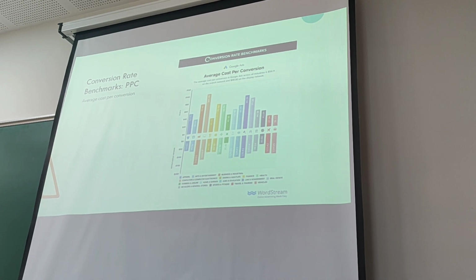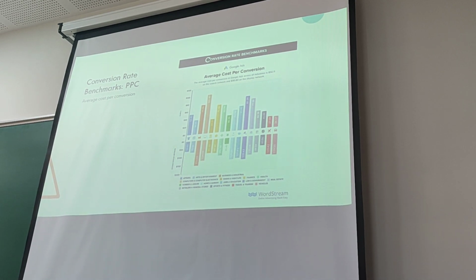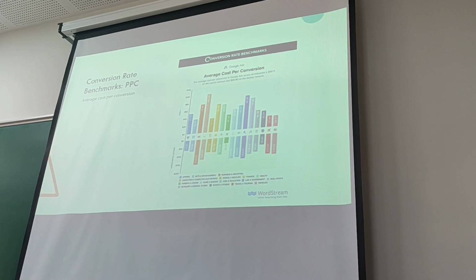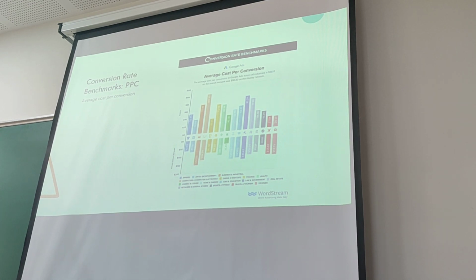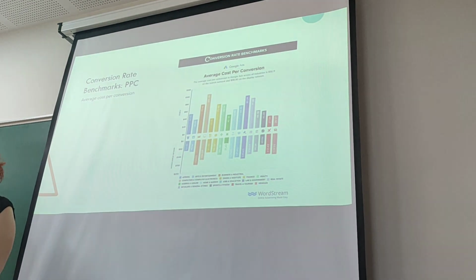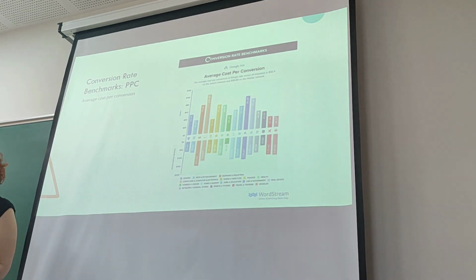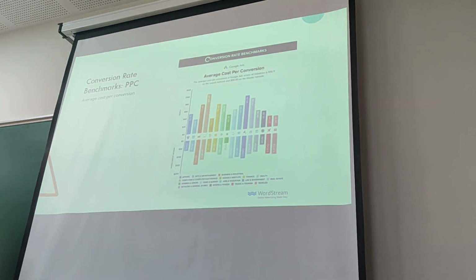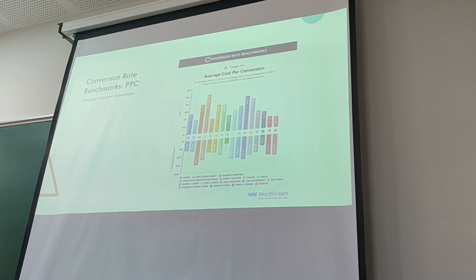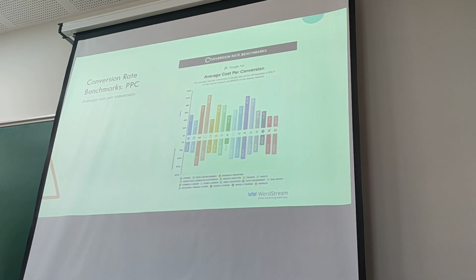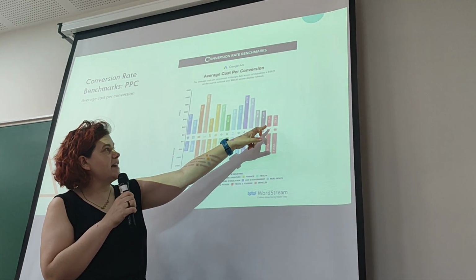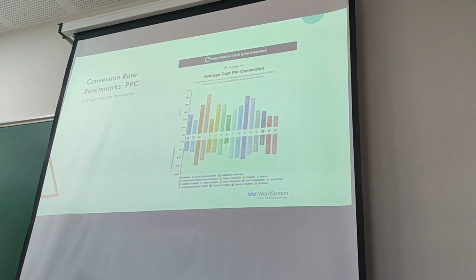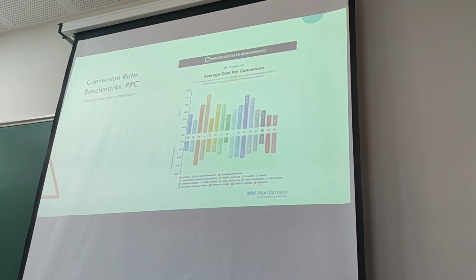So this one is the average cost per conversion. So this is very interesting. This is all based on things like how popular the keywords that you're choosing are. You'll pay more for very popular keywords because you're fighting to get seen when lots of people are searching for the same thing. So effectively, the more specific your keyword that you're targeting is, the less it's going to cost. So going back to vehicles, their cost per conversion is very low. Theirs is the lowest because they're advertising very specific things.